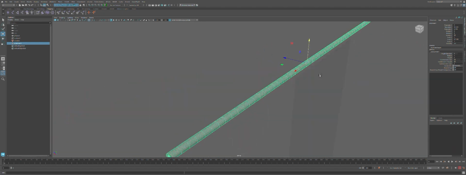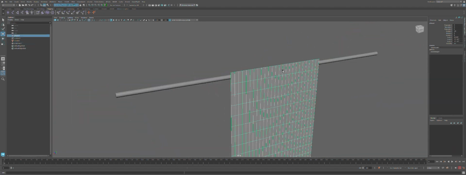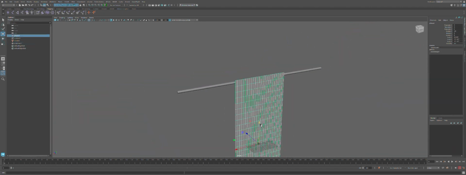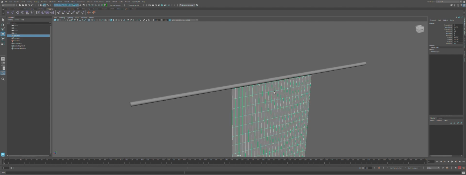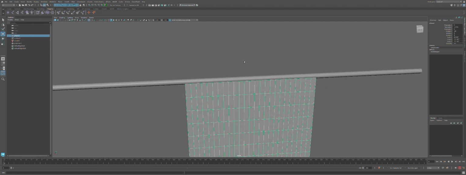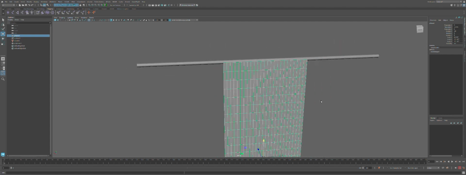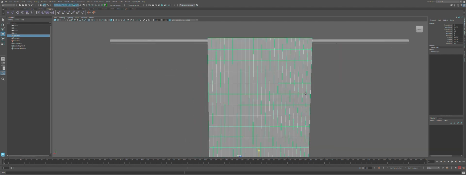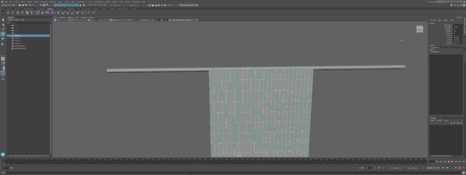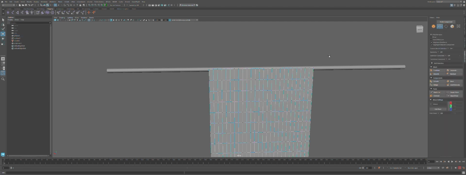Let me move this down a bit. All right. And this does not have to be the size of your actual rod. This is for creating the curtain scrunching, and then you can always create your actual rod later. All right, so what we're going to do is go to vertex mode, and